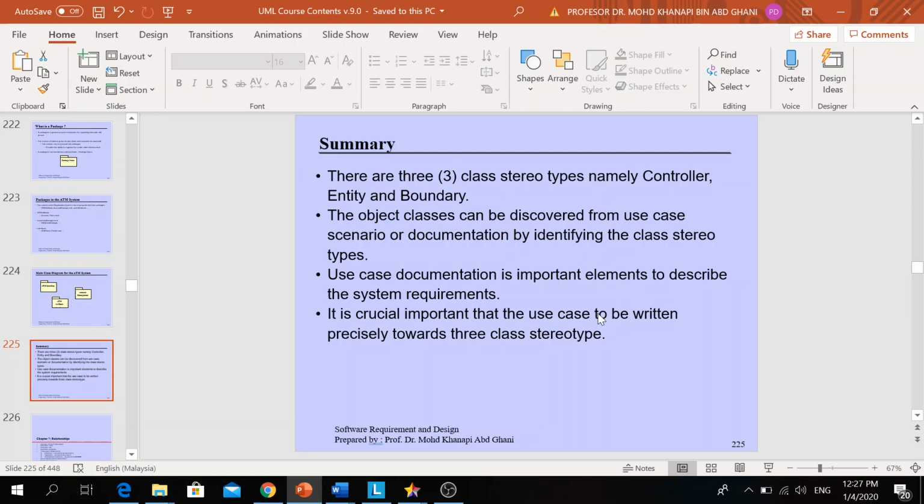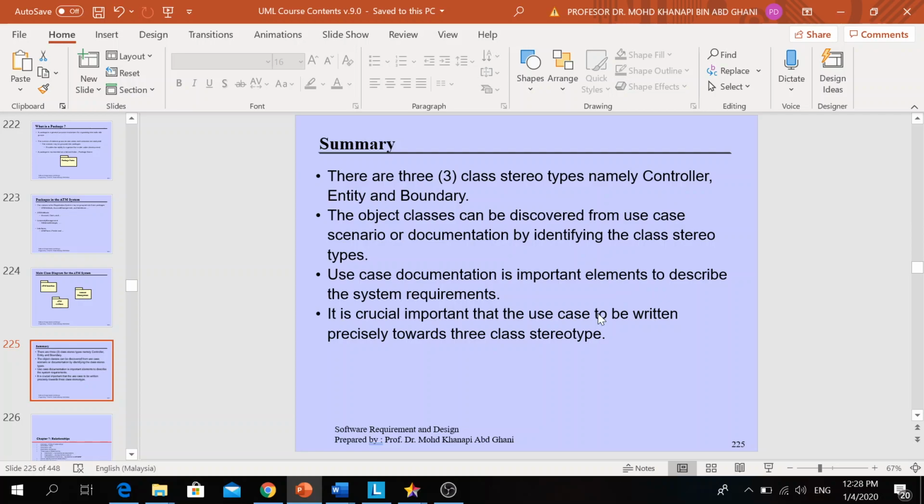So it's very crucial that the use case is written in a precise manner, mentioning the 3 class stereotypes.